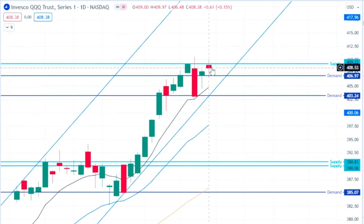Going over to the Qs here, same thing. We got a new demand at 406.97. You can see our range is building that has started on December 14th. So really, I would say 403 as support. And then you could even extend this up to 410.5. Again, much like we had here in this range where we kind of just chopped for almost